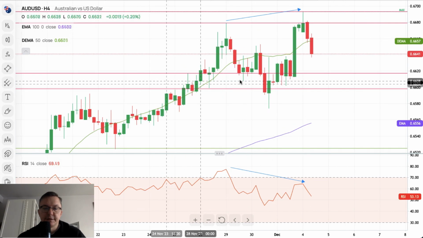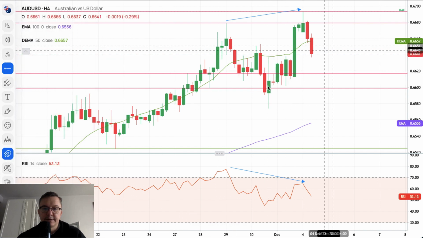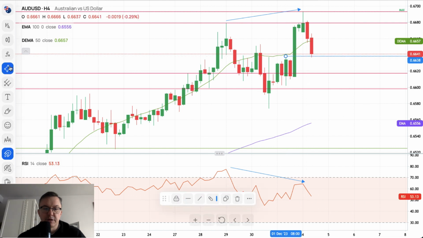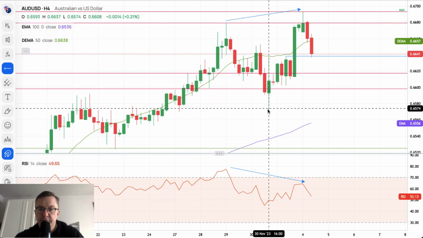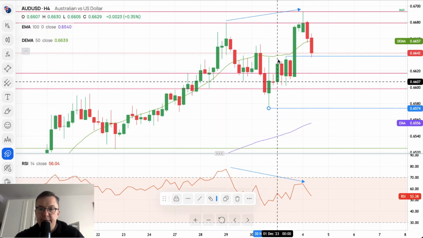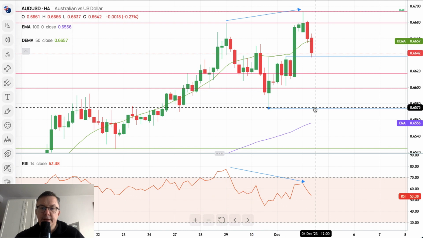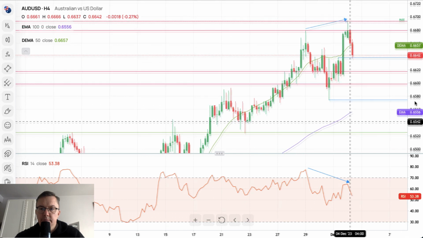So we have the bearish divergence, and right now the market is trying to play out this bearish divergence. The intraday technical support is located at the level of 6,638, and it's being tested right now. And the other technical support is located at the level of 6,616 and 6,598. The key technical support is 6,557.